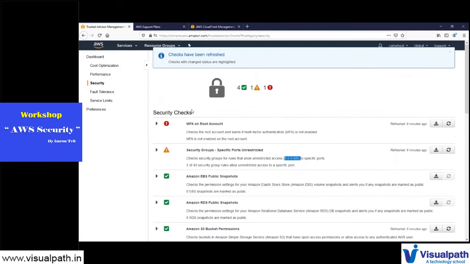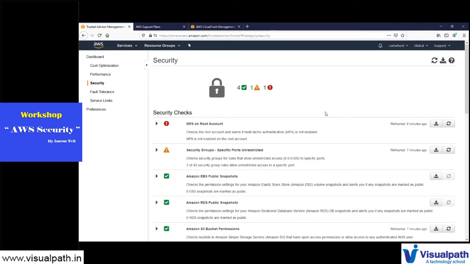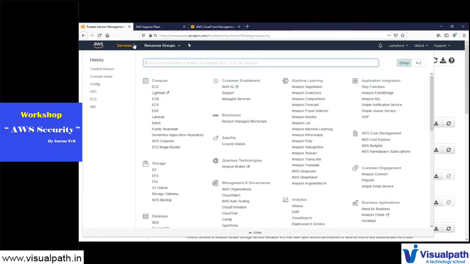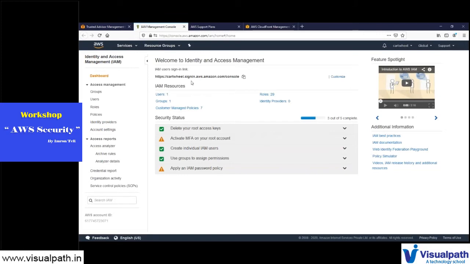LDAP is to integrate users. We have identity federation. You can federate IAM with users from LDAP or Active Directory. But still, you have to manage it; everything you have to manage through IAM.